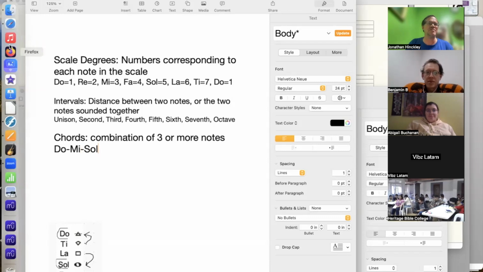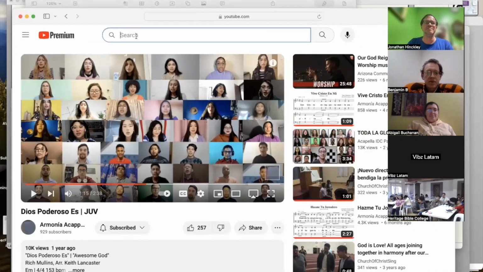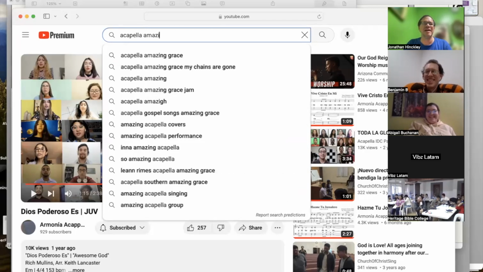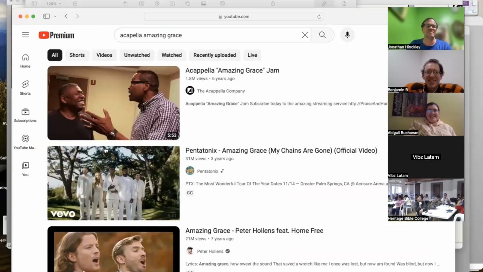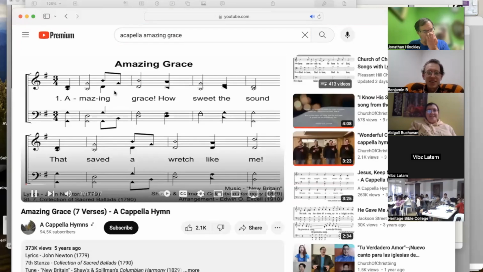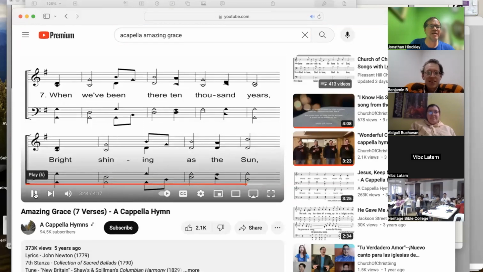So let's go through just a few more like we did last time. Pick a song, any song. A well-known song, well-known hymn's probably good. Then we know that it'll have normal harmony. Amazing Grace. Okay, Amazing Grace. And here we go. Amazing. So we want to skip to the, actually, we did this last time. We did look at the